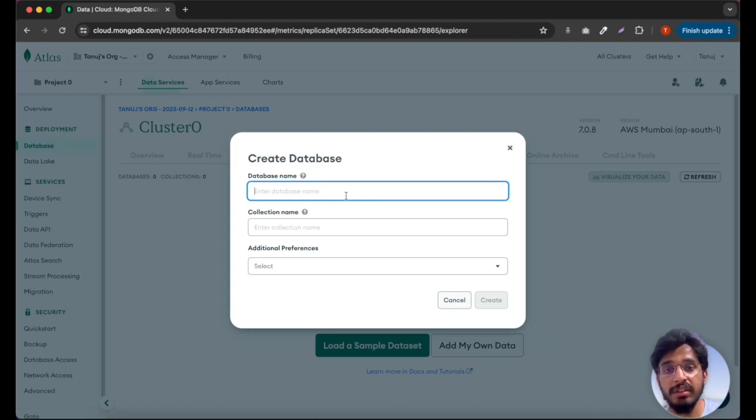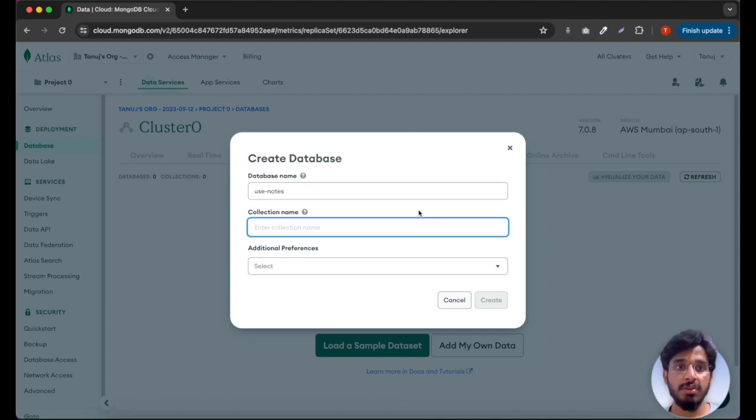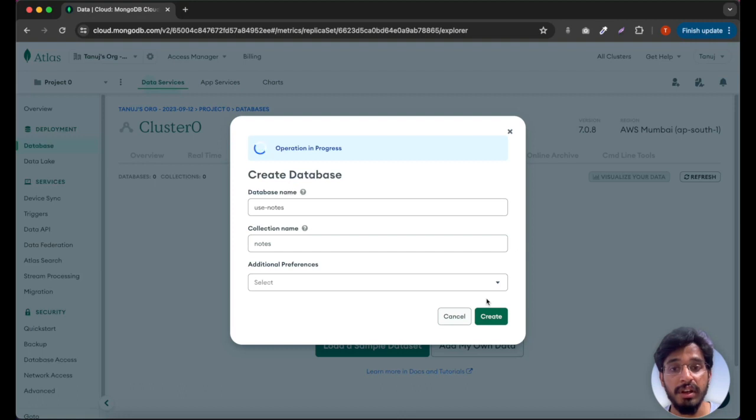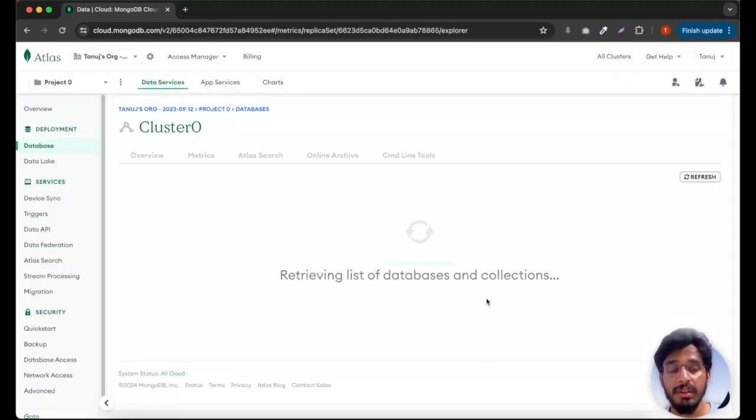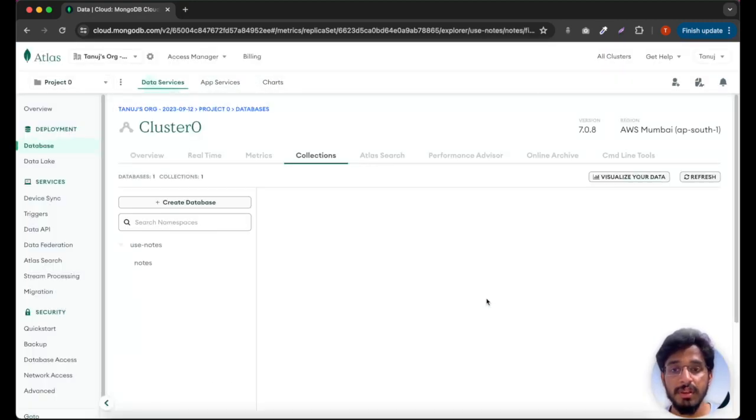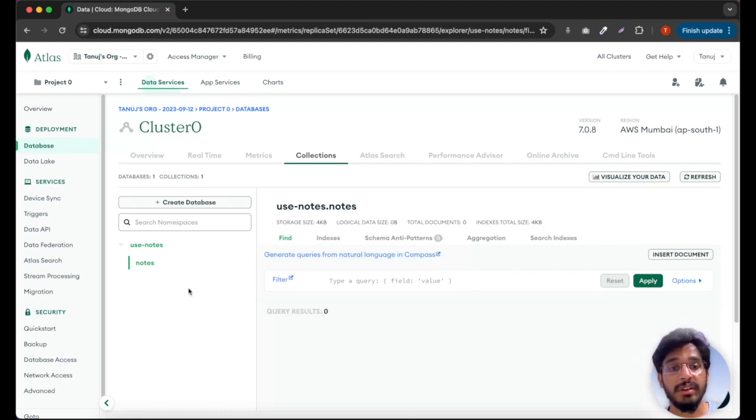So let's create the database name. Okay, so I'm going to give the name as use notes, like this. So the collection name I'm going to give it as notes. Okay, so this is like a table within our database, so we can create multiple other tables. Okay, and this is the name of our database. So let's click on create. Okay, so our database is now created, and we can go ahead and access this right now